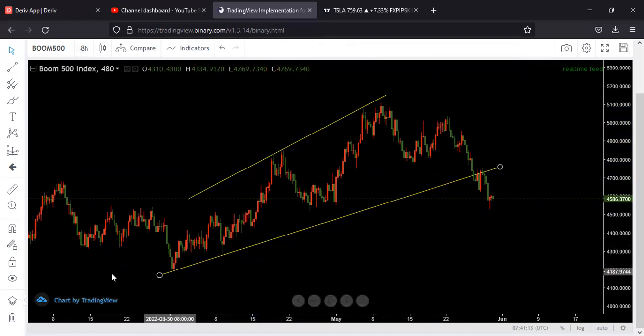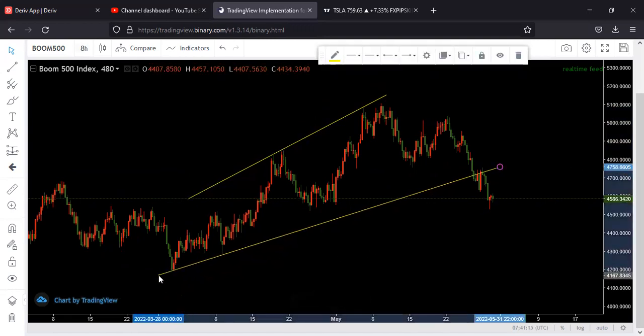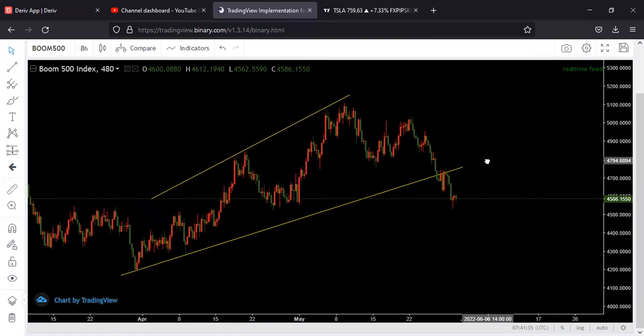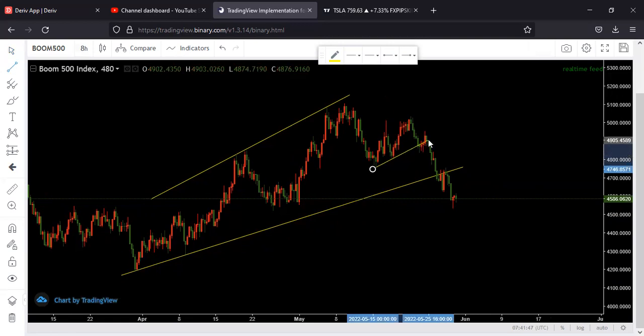So you see, we are having the first touch from this point, from this body, and then the second touch from this rejection wick. Then boom, it broke to the downside. So what we understand now here, guys, we are looking for the selling opportunities. You see, so remember that here, after price reaching this price, it is 5081 here. Then with all this, something like this, it was a bearish flag. See,